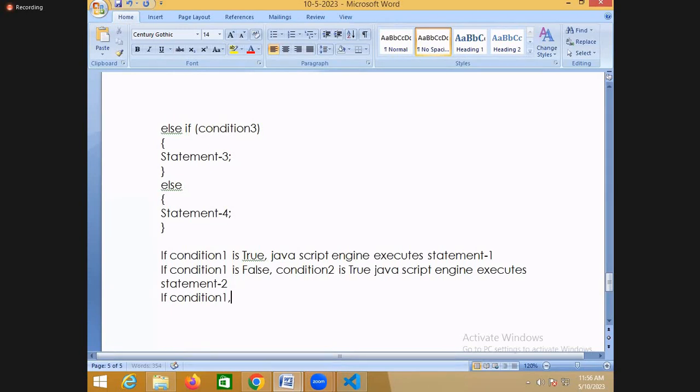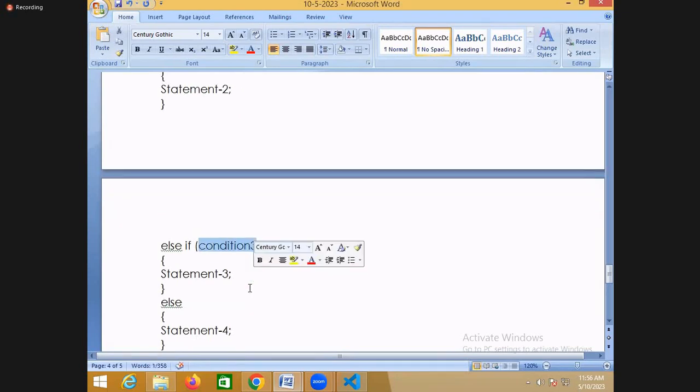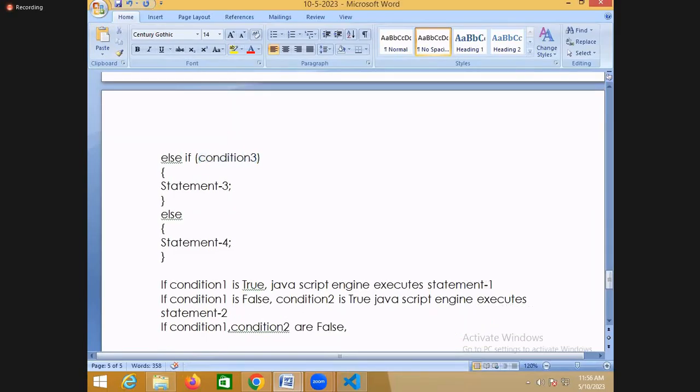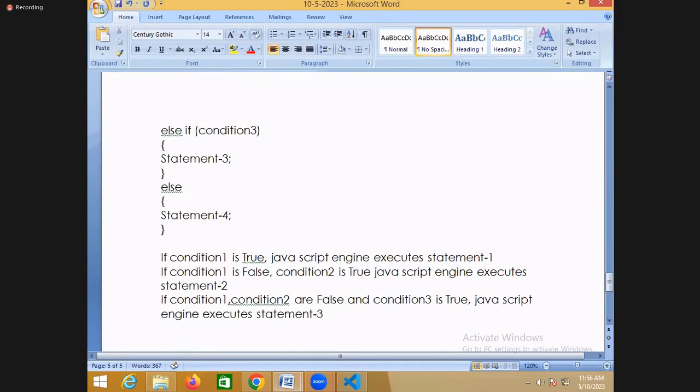If condition 1 and condition 2 are both false, and condition 3 is true, then the JavaScript engine executes statement 3. If all conditions are false, then the JavaScript engine executes